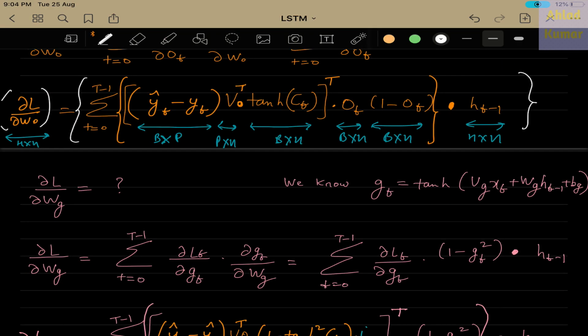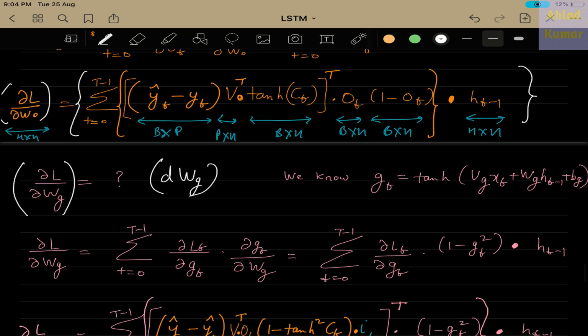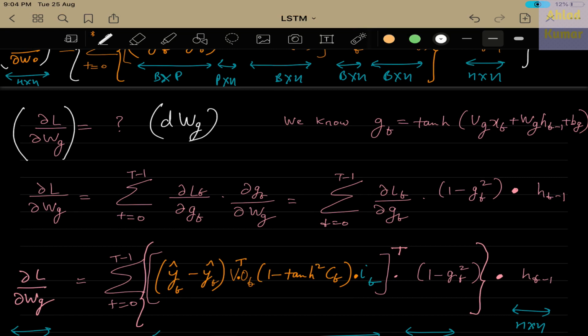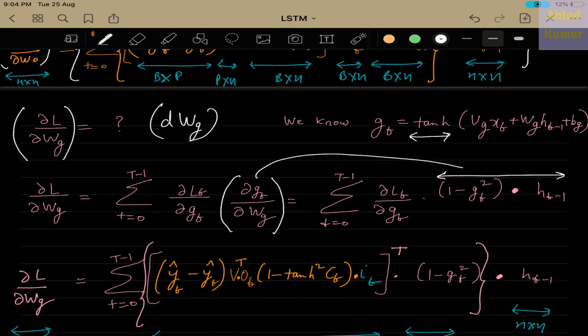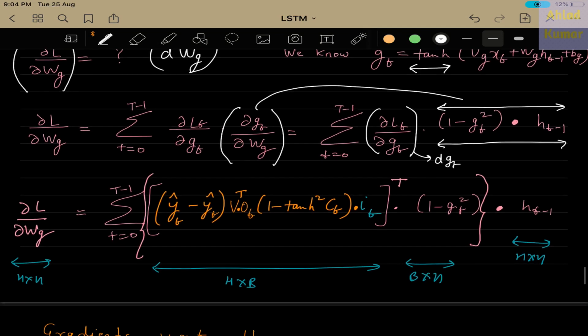The only thing that is left is the derivative of the loss with respect to the candidate gate wg, which we also call dwg. This also follows a similar derivation as we have done for the earlier cases, but the only difference here is that now we have tan hyperbolic here. Because of that, this particular expression will give you this result, as we are using the expression that the derivative of tanh x is equal to 1 minus tanh squared x. That thing is this, and this one you have already evaluated in the earlier derivations, and this is nothing but dgt. This we have evaluated earlier. So that thing is basically this.